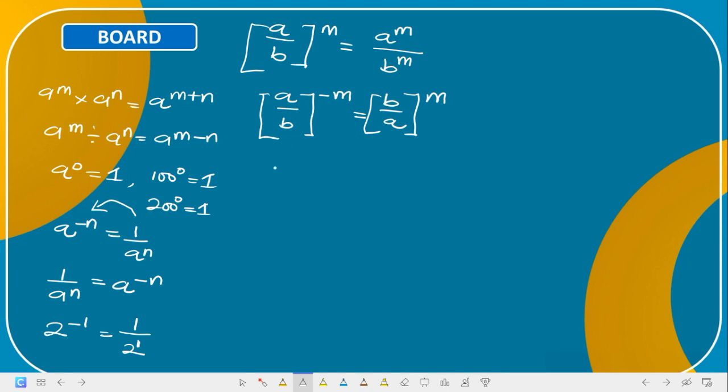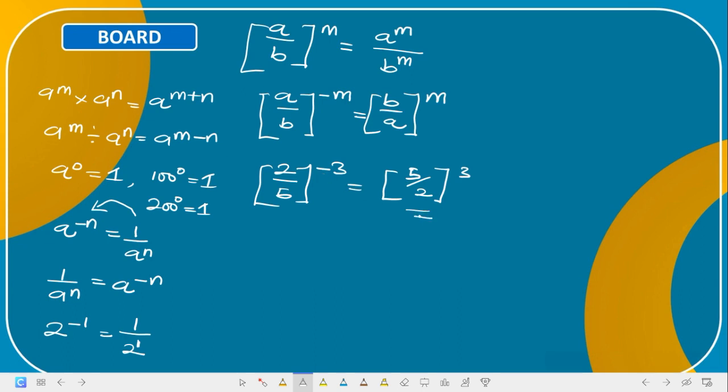So if I give you, for instance, 2 over 5 raised to the power of minus 3, what do you think this will be now? The 5 will come up and the 2 will come down. Is that not so? Yes. So this will give us what? 5 over 2. Is that not so? Raised to the power of what? Of 3 in this case. Are we getting it? Our m is 3 in this case.